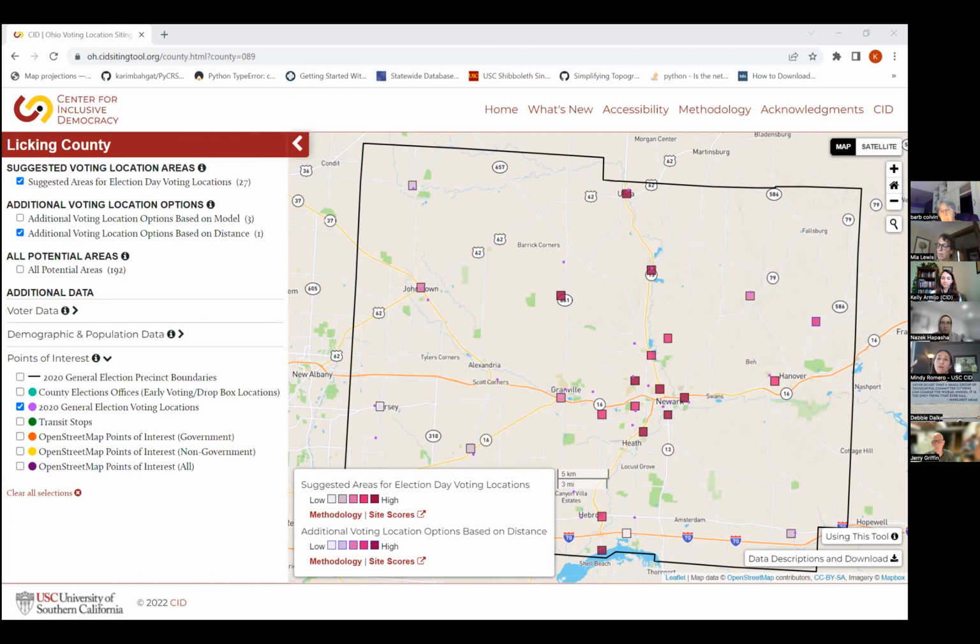He saw that there was a lot of overlap between what the tool was suggesting and what he was suggesting, but of course there were sites where there wasn't overlap. And he embraced the fact that where there was overlap, what it did is it kind of built trust, right? So community groups that didn't know exactly how to gauge these new potential locations that he wanted to use, when they saw that a lot of it was supported by data, that helped build some trust. But it also said, hey, there's a lot where the data is saying something different. And so it kind of narrowed down the conversation,